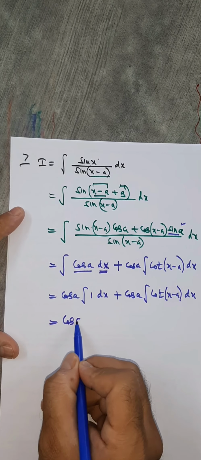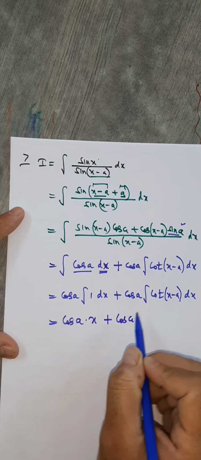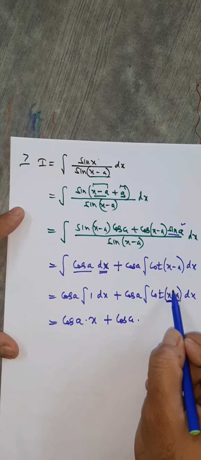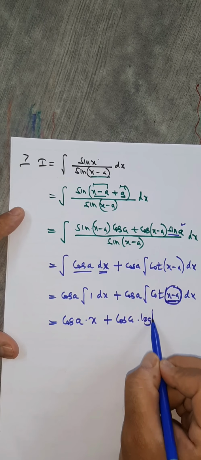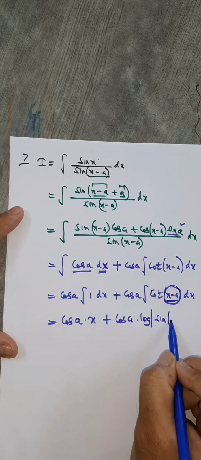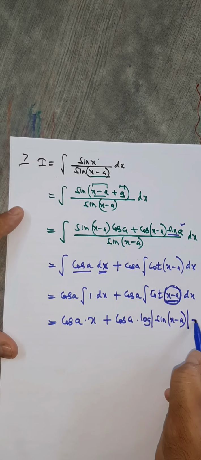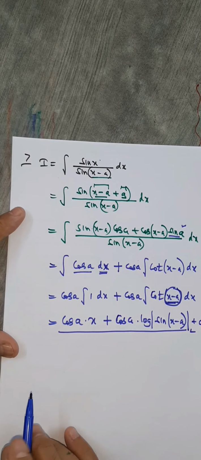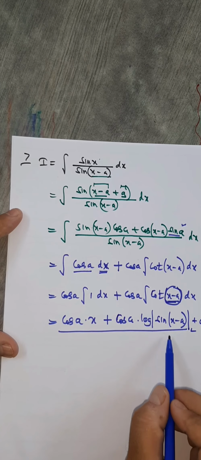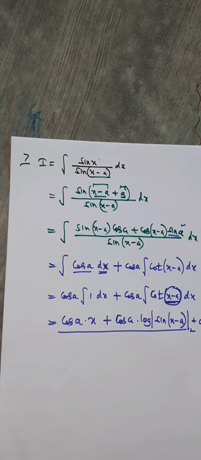Now let's integrate. What's the integral of 1 by x? Cos a as it is. This is a linear function, so you can imagine this as x. What's the integral of cot? Log of mod of sine x minus a upon the coefficient of x, which is 1, plus c. We have this integral upon the coefficient of x, which is 1. So we have sine a